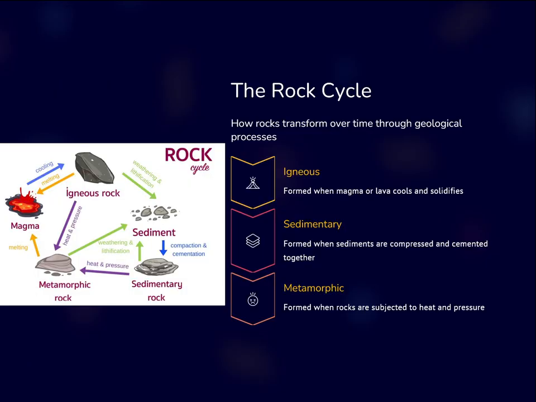There is no true beginning or end to a cycle, specifically the rock cycle. For igneous rock, this is when magma or lava cools and then solidifies. We have sedimentary rock, which involves weathering. This weathering creates sediments. That sediment then deposits, or goes through deposition, and then goes into compaction or cementation. Then we have metamorphic rock. This is when existing rock, altered by heat and pressure, can melt and start over.